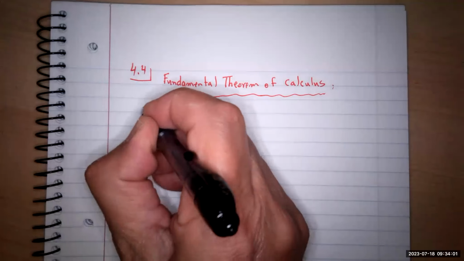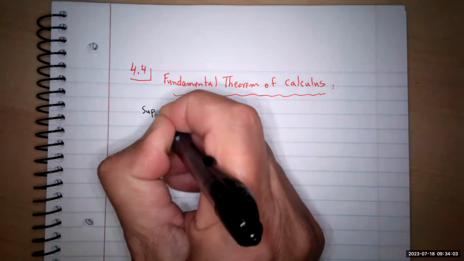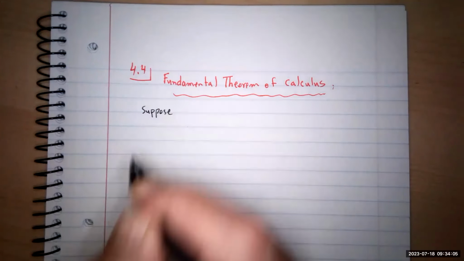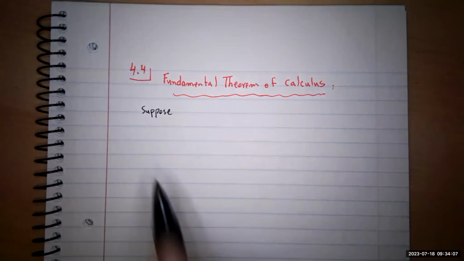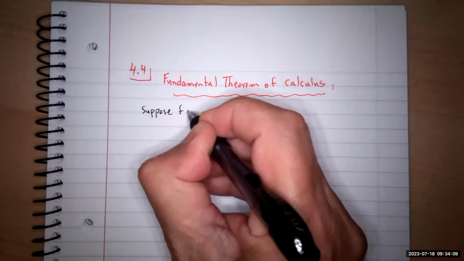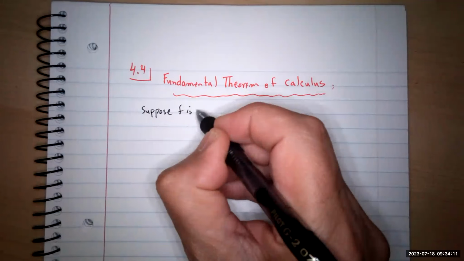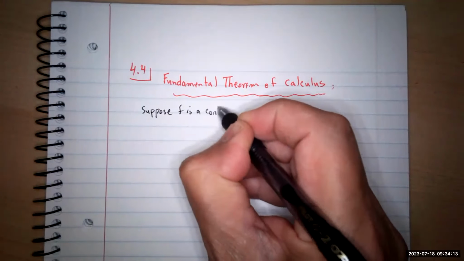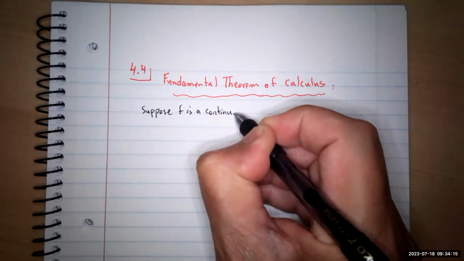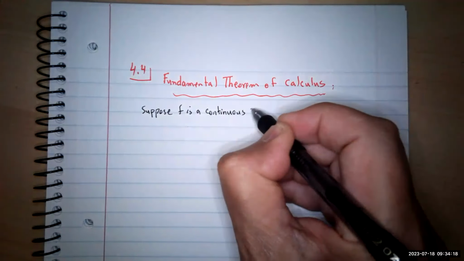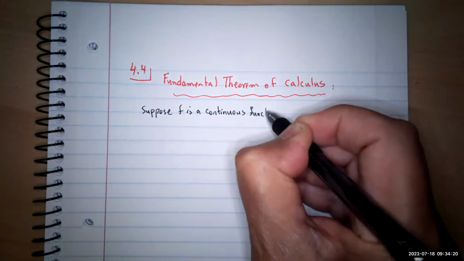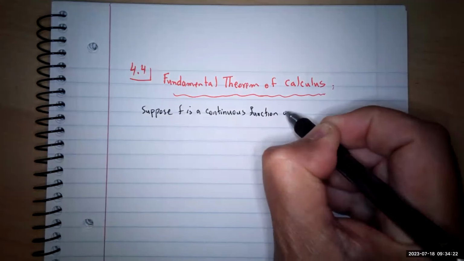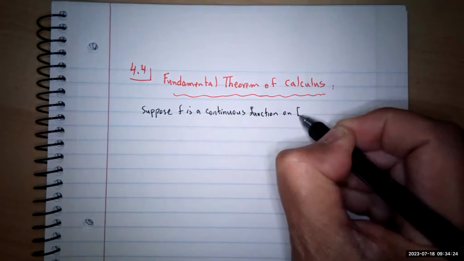So suppose, after this theorem, things get so easy for you. Suppose f is a continuous function on the closed interval a comma b